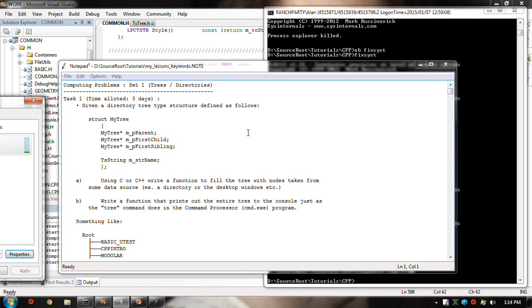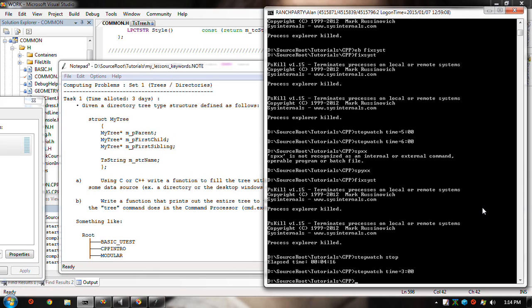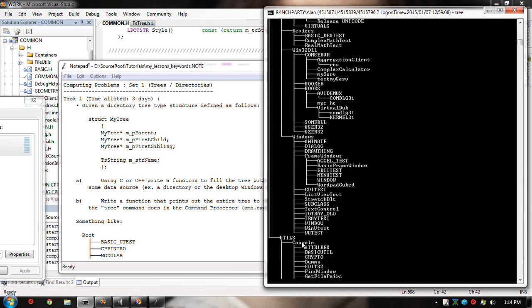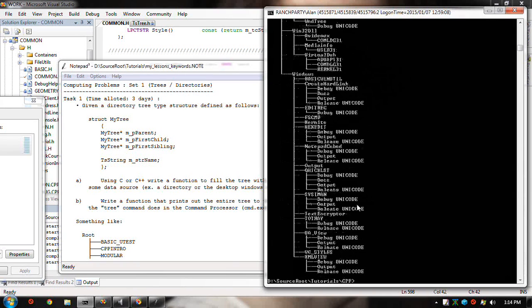And the problem has to do with the concept of a tree, which is like a directory structure. A tree structure, or the thing visually represented by running the tree command,